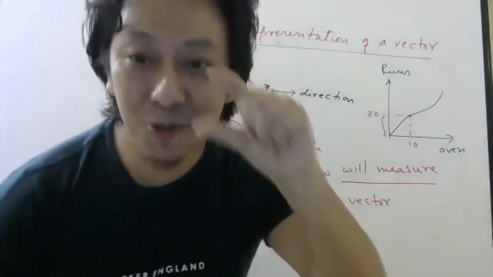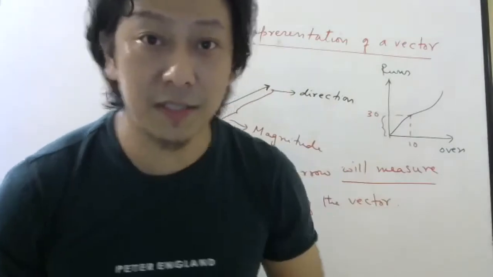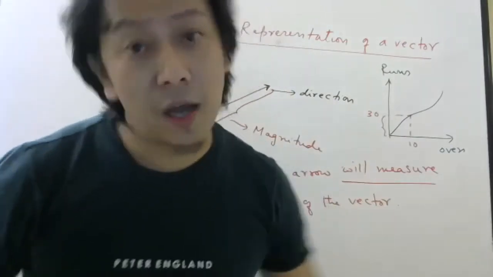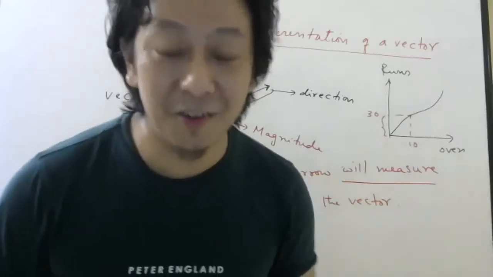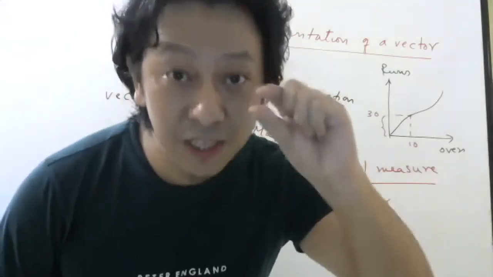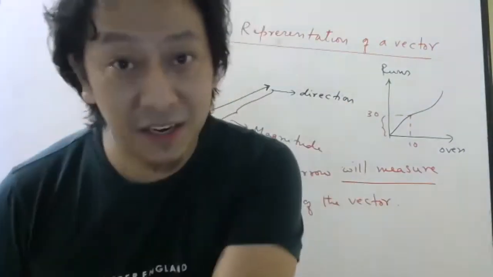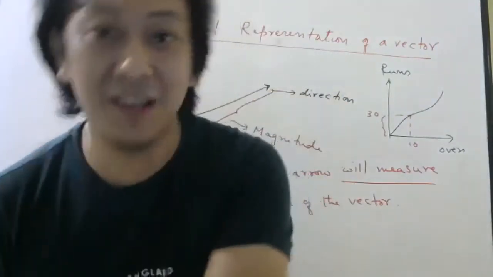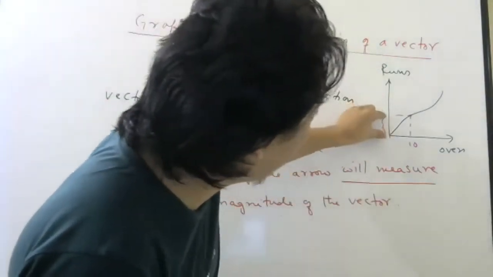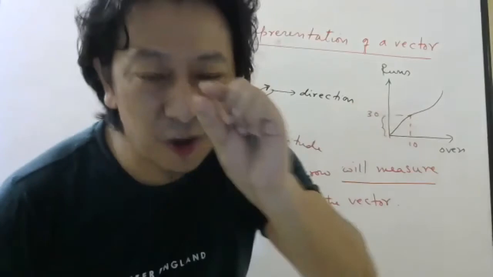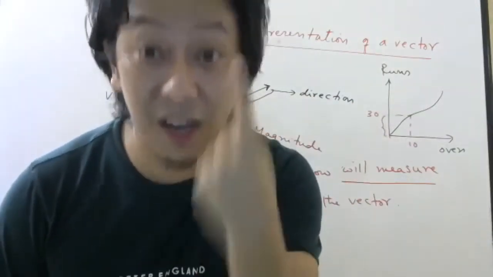30 is used to represent 30 runs, not 30 meters. Nobody says how many runs Virat Kohli scored, like "today he scored 100-meter runs." We don't say 100 meters, no. So we are using 1 unit of length to represent 1 unit of the quantity. Understanding? So if there is 1 small unit, you divide this into 30 parts. So 1 small part, 1 unit of length, will represent 1 run.